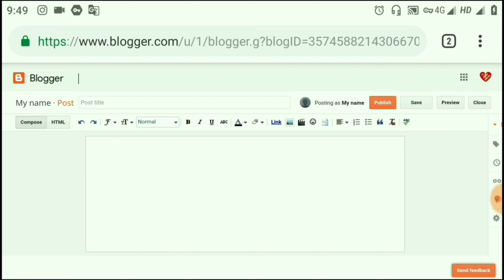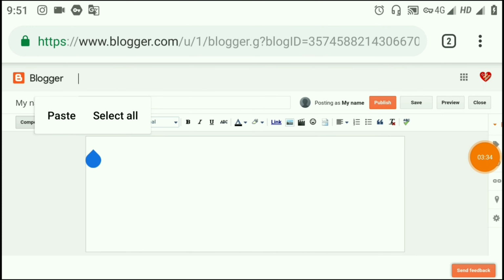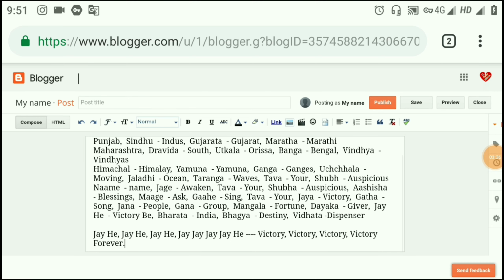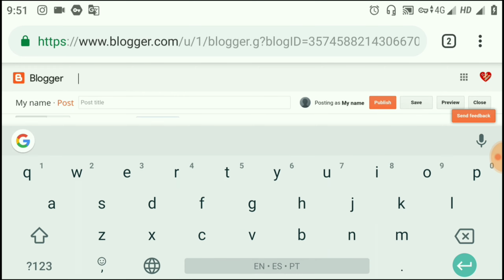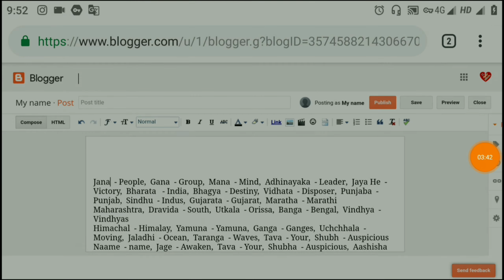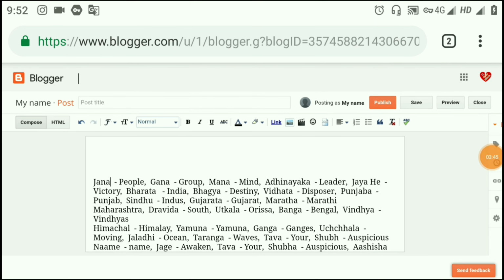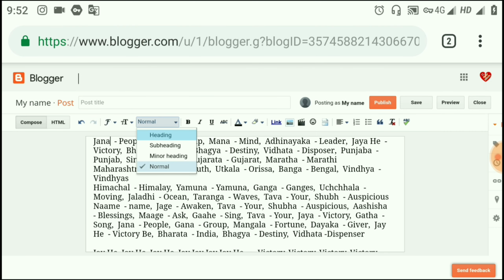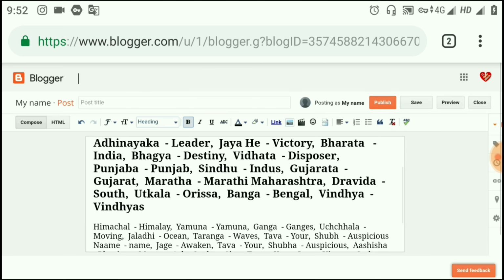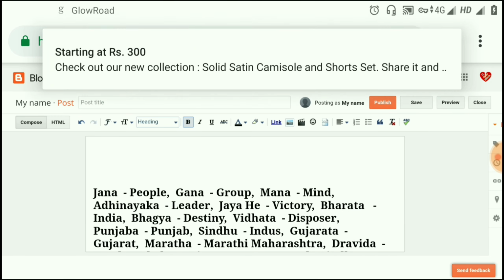Well, I have a post, so I have to copy and paste here. Yeah, paste. It says Jana Gana Mana means Indian national anthem. Normally, I have to select a heading for this post, but